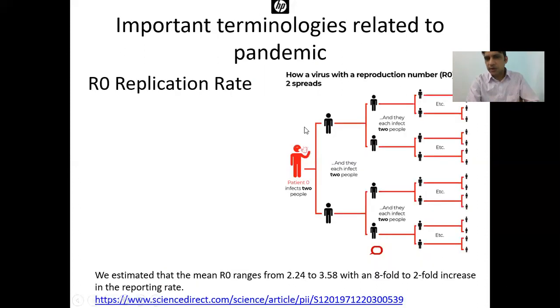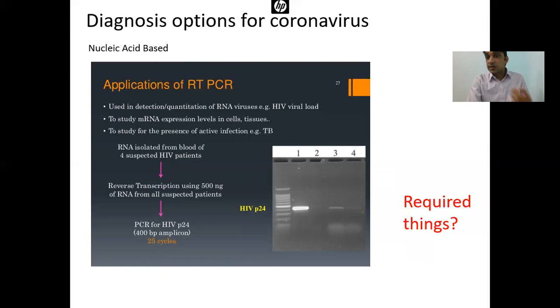And now every other day, people are analyzing the sequences of different strains of coronavirus from different countries. So we have the sequence of the RNA. That means we can convert it into cDNA. Since we know the sequence, we can design primers which can specifically amplify a portion of the nucleic acid of the virus to confirm the presence of the coronavirus in the patient.